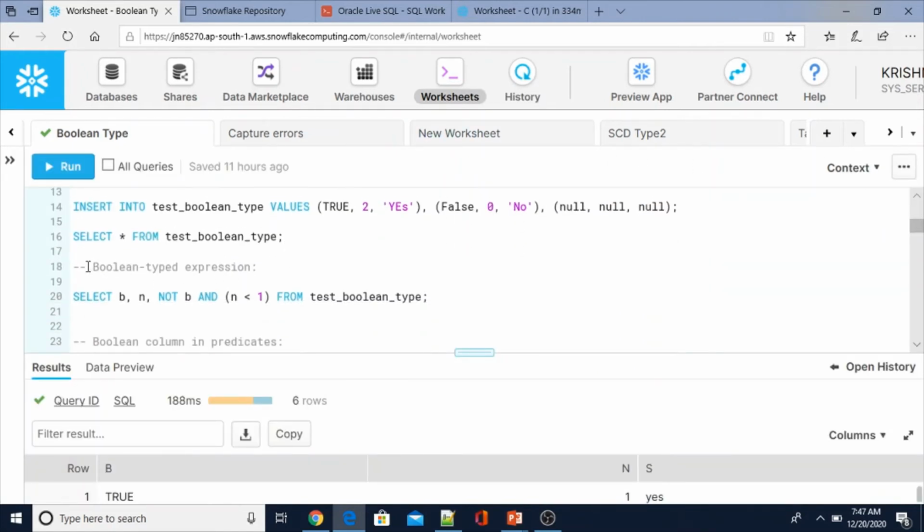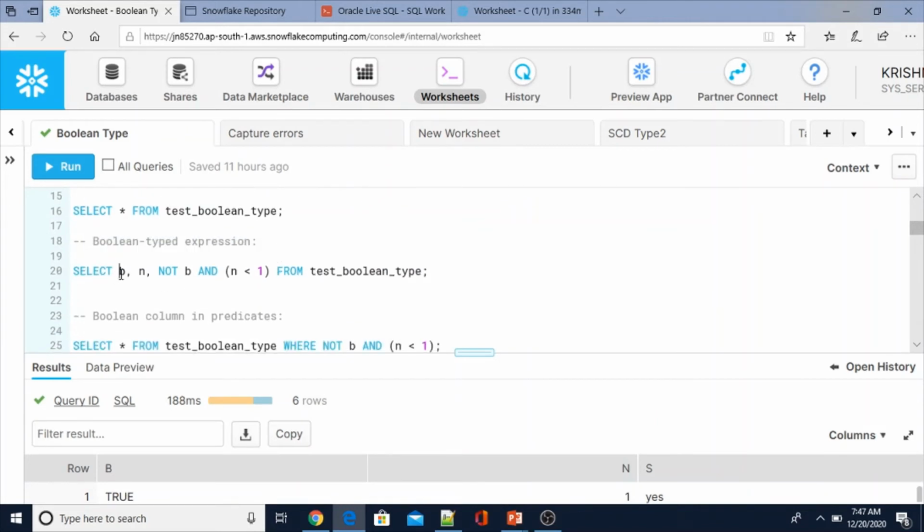See here the first one, what I am going to do, boolean typed expression. So here select the boolean, and as I told you, we can use the booleans as part of your expression in a select query. That's why here, if not b, that means if the b value is not true, by default it is true, not b means it is false, and n less than 1 from test_boolean_type.